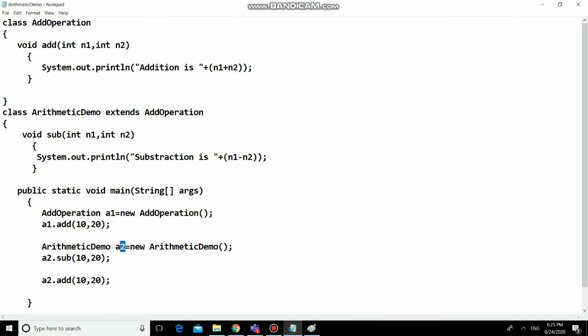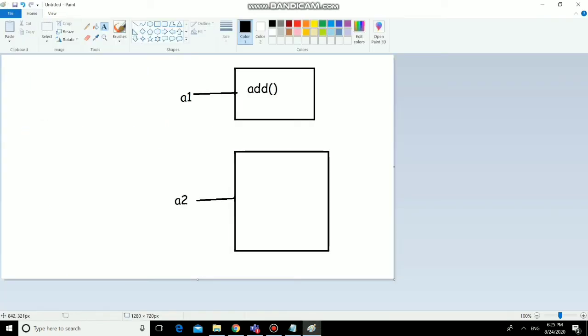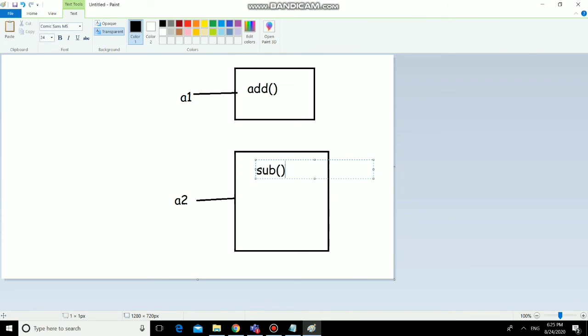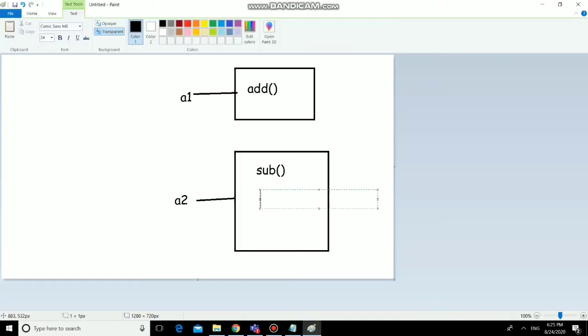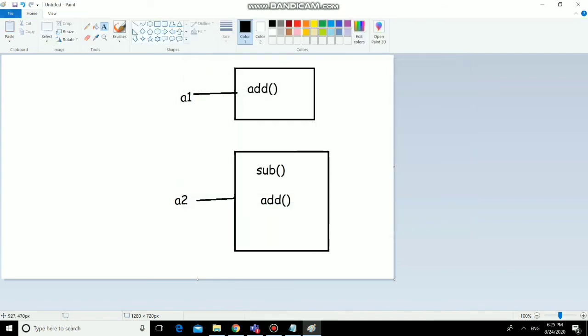So what is a2? It is a child class. First it will have access to sub, so it can call the sub method, and next it is extending the property of AddOperation. So what is the property of AddOperation? Add. So it can also call the add method. So it will take some space in the a2 object's memory. So see, a1 has access to the add method, a2 has access to both these methods.